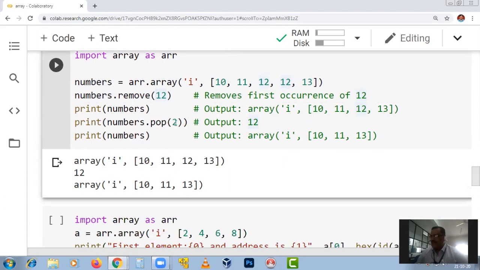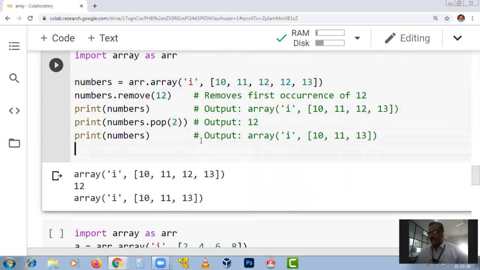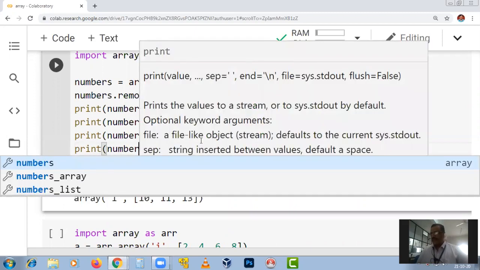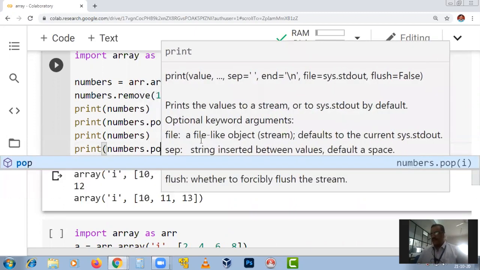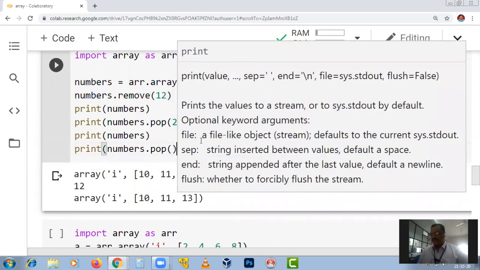After this, what we have done, pop of 2. If you don't give an index, the last element is popped out. Push, pop. Pop means removing the last element. If you give a specific index number, it will remove that particular element. So in the next line, I just write print numbers dot pop.